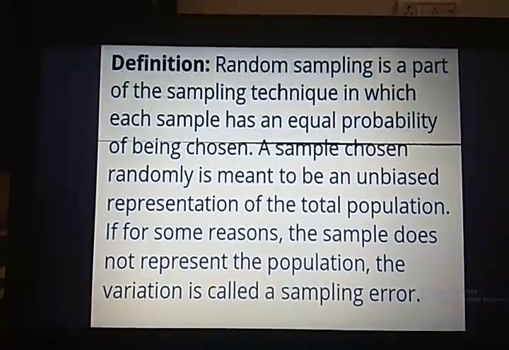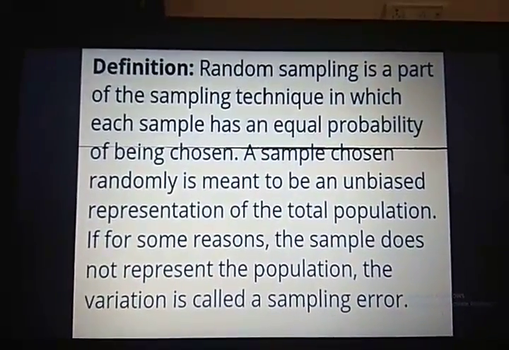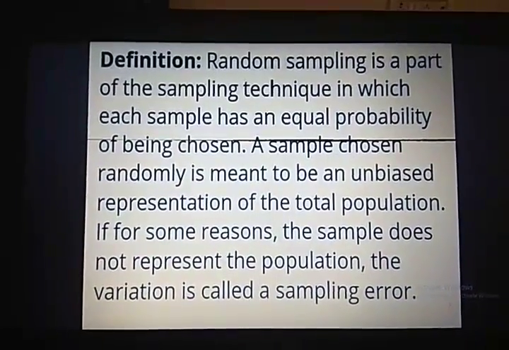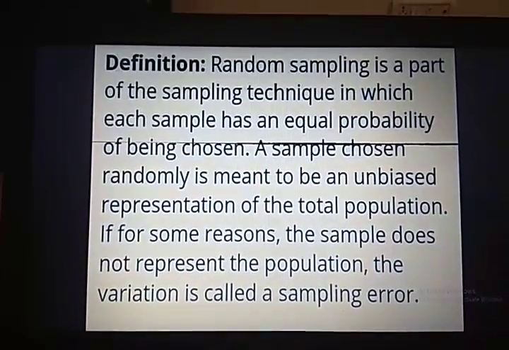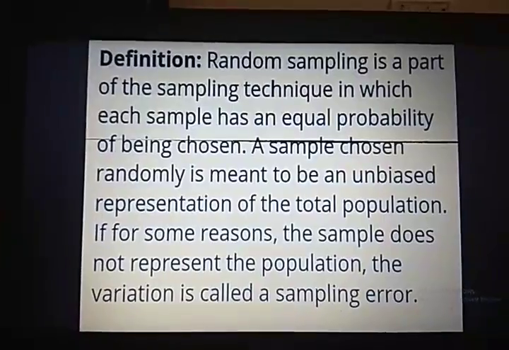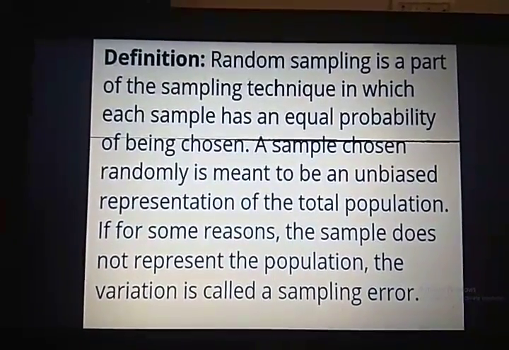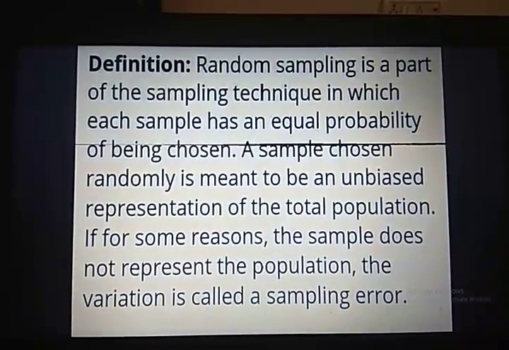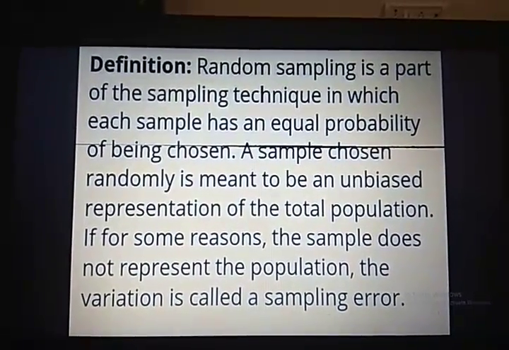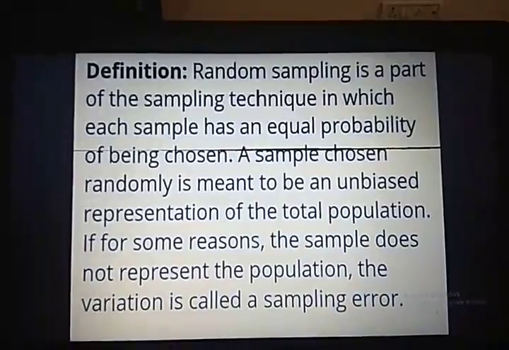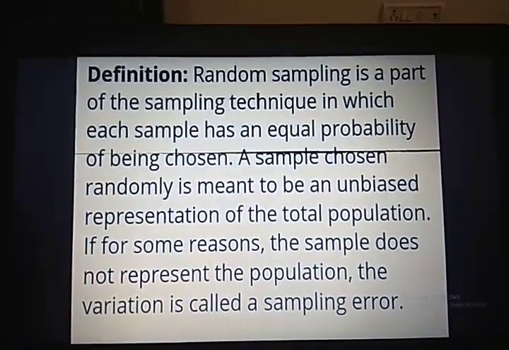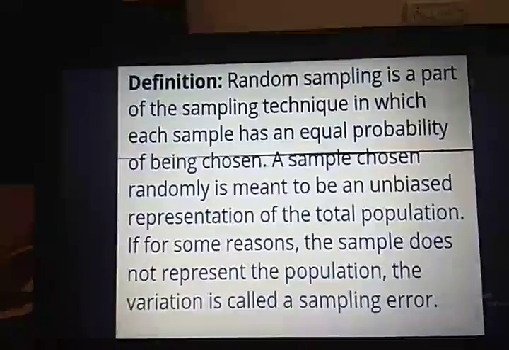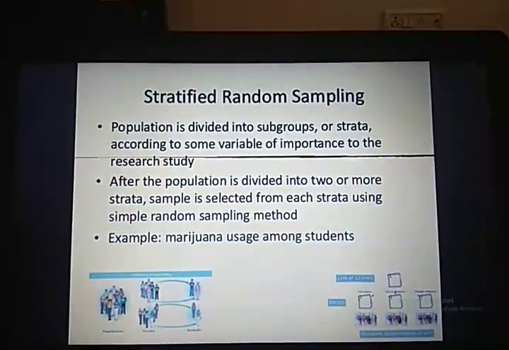That means, students, if there are 100 people sitting in front of me and I have to select any 10 people, there is no preference, no choice, all at random. I have selected any 10 people from the crowd of 100 people. So here my personal bias is also not involved. So this type of sampling is known as random sampling.